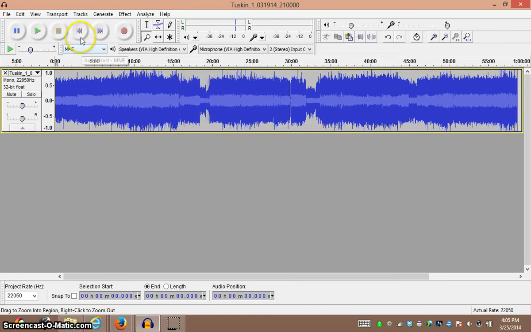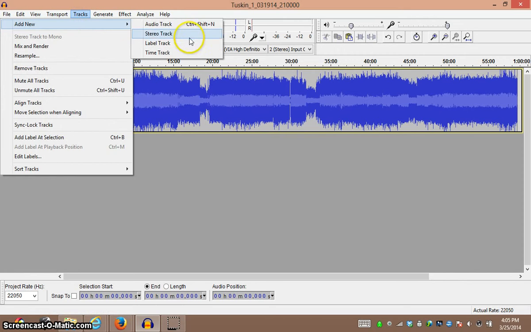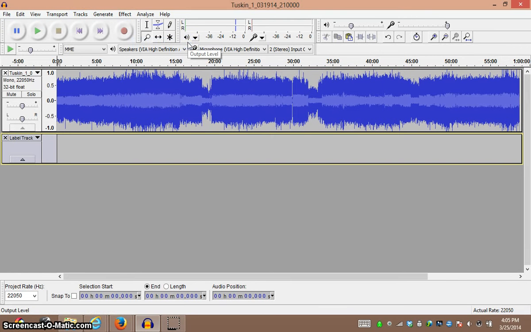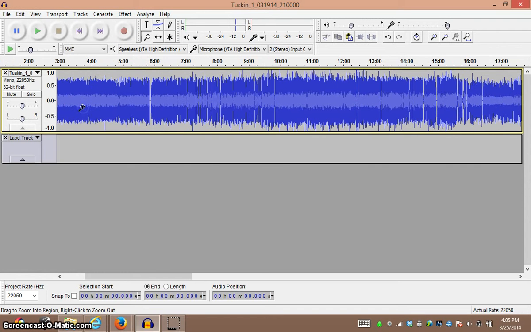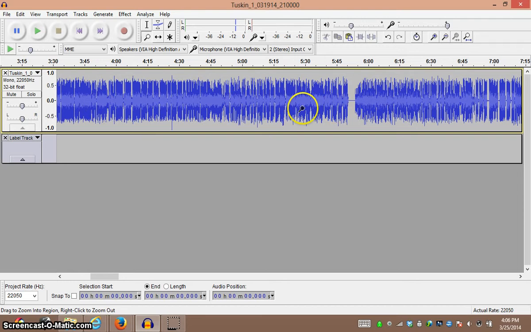And what I want to first do to create labels is go to Tracks, Add New, Label Track. Alright, and right now I'm on the magnifying glass icon, and I'm going to zoom in a little bit here so I can see whenever the commercial ends and the podcast starts. And now I'll go to the selection tool, and right here you'll hear the commercials. And that little gap there,